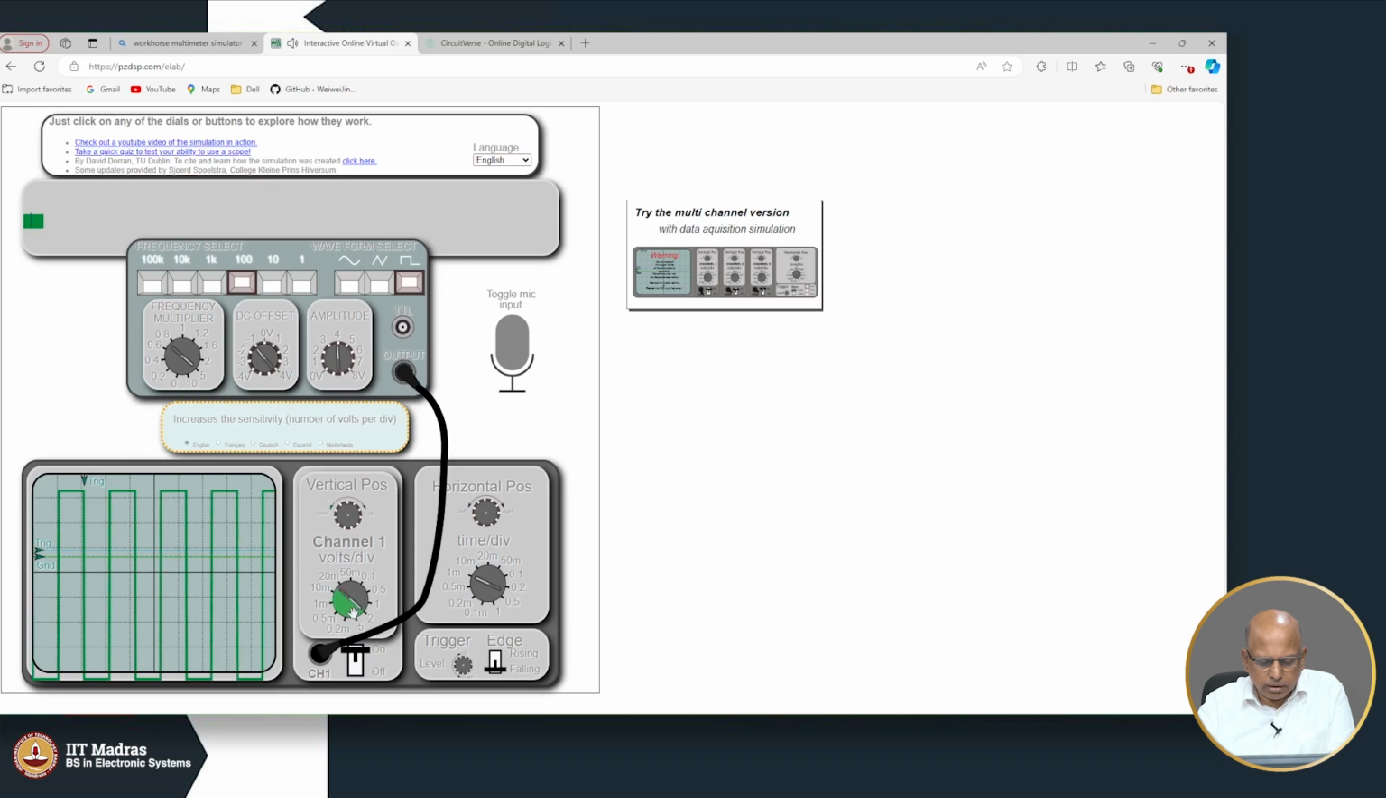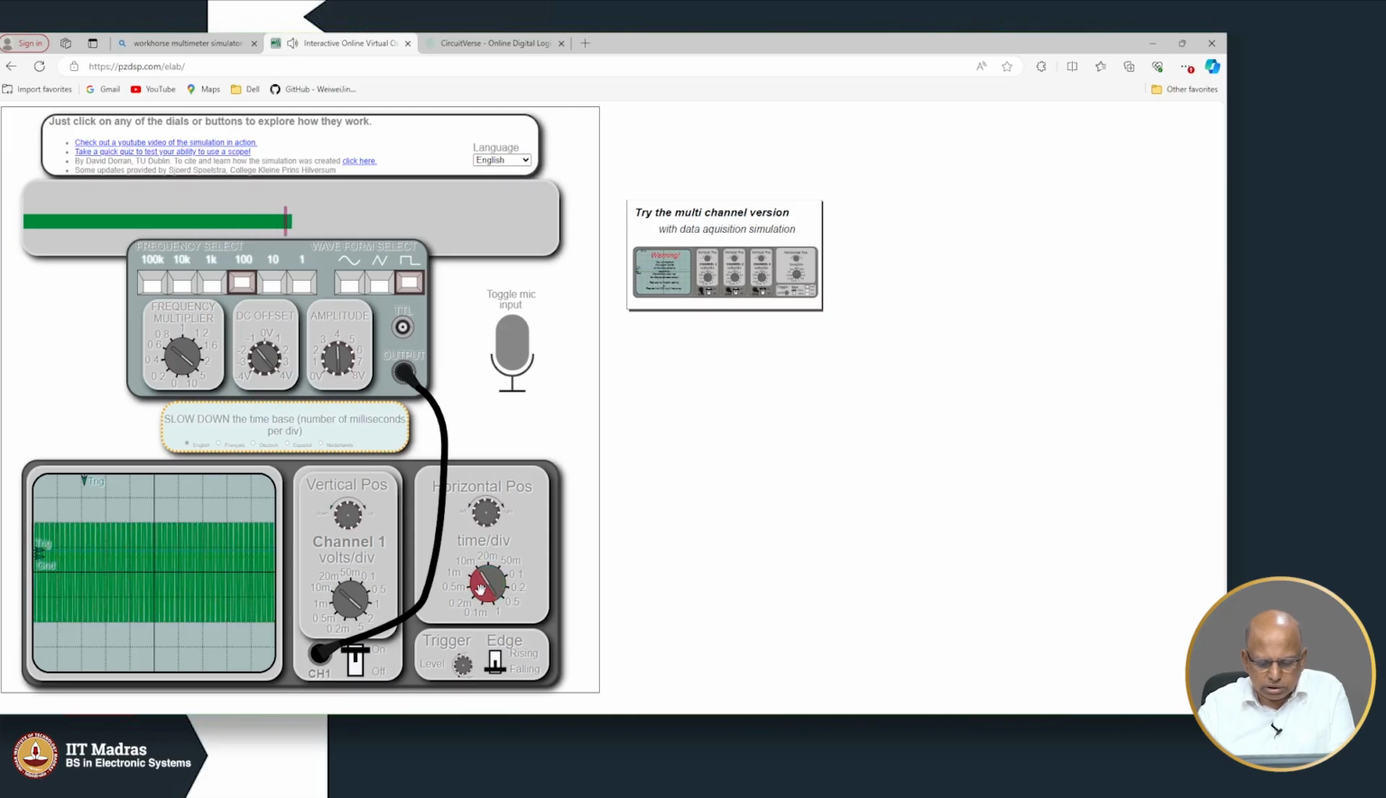Okay. In the same way, if you want this to get spread out, right. So, you can use this control. Okay. So, if you reduce the time per division, it will look like a more spread out waveform, right. Whereas, if you go the other way around, it will. Okay. And we saw one